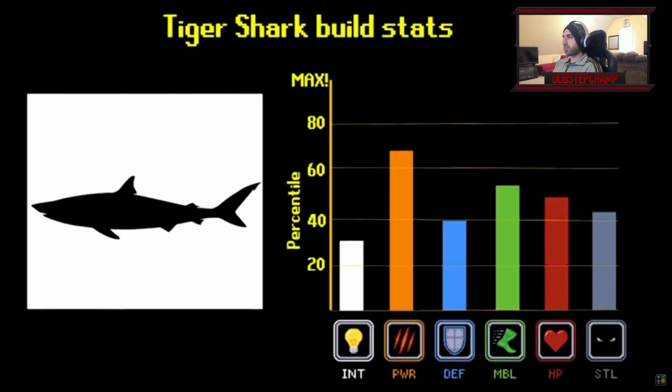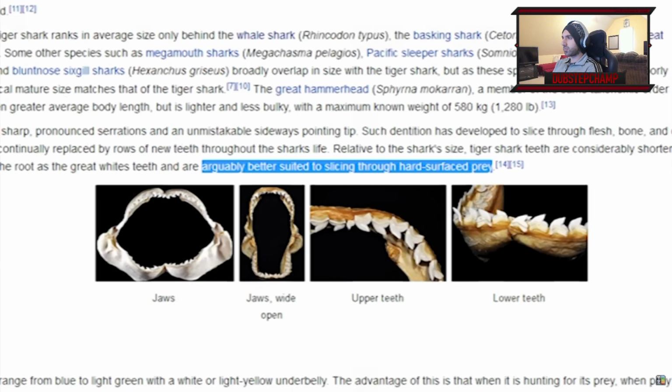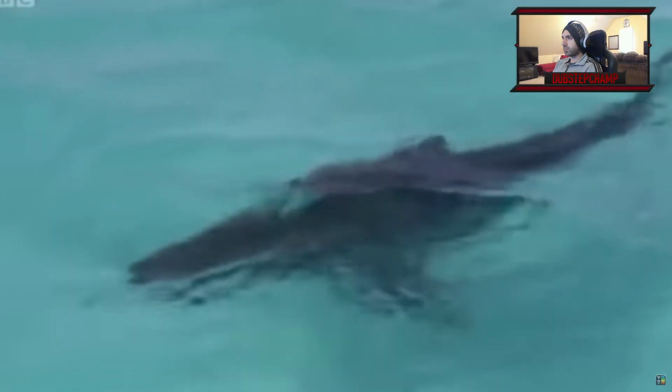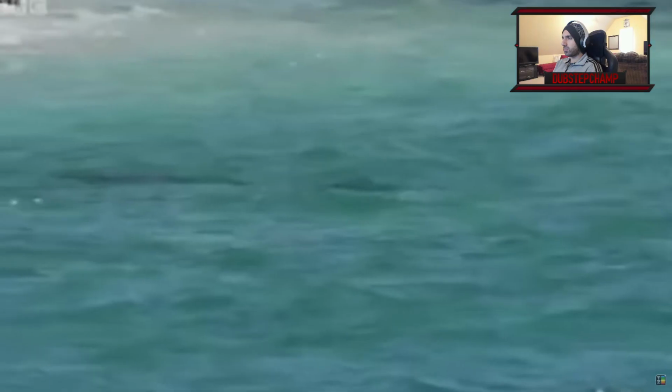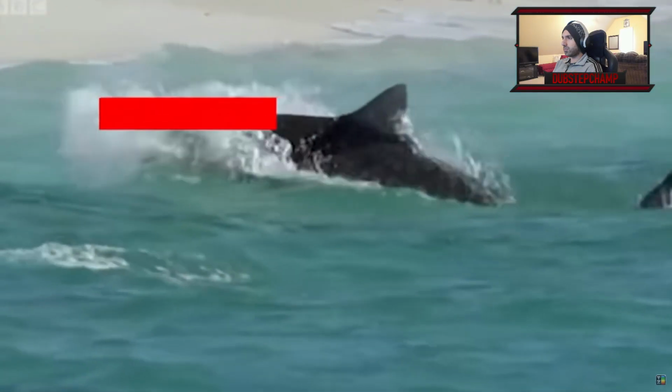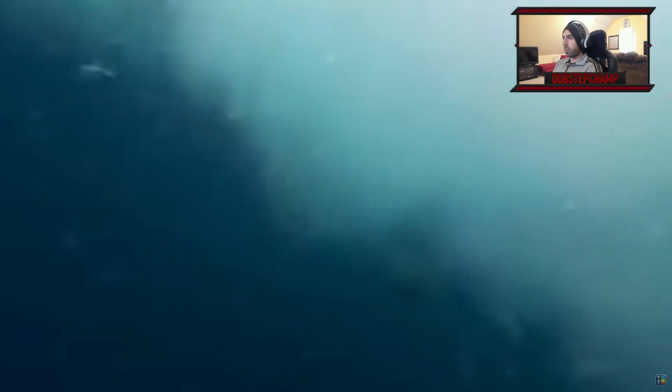Tiger sharks have higher stealth than most of the well-known shark builds, and also have uniquely shaped teeth that make them more effective at cutting through armor and bone. Similar to actual tigers, the main strategy of a tiger shark is to get close to its target with stealth, and then use a quick burst of speed to snatch it before it can react. On the opposite end of the spectrum from this strategy, we have the Mako shark, which has the highest mobility of